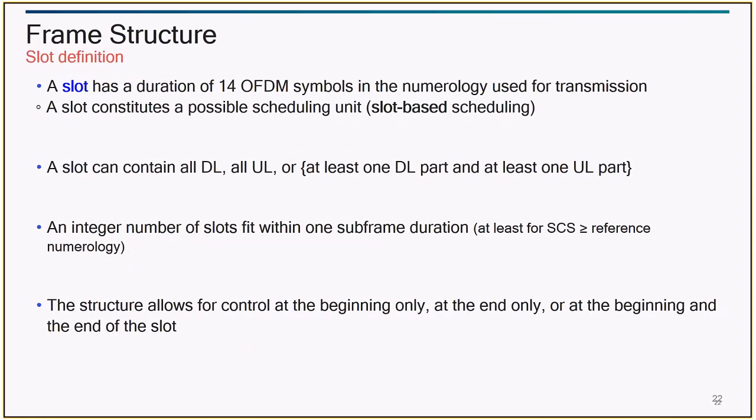Similar to LTE, you have normal CP and extended CP, but extended CP is defined only for 60 kilohertz. It is not defined for any other configuration. So EMBMS can be deployed only if you have 60 kilohertz. Again, if you recollect, 60 kilohertz is supported only from 1 to 6 gigahertz. So EMBMS can be deployed only if you have a frequency in 1 to 6 gigahertz.